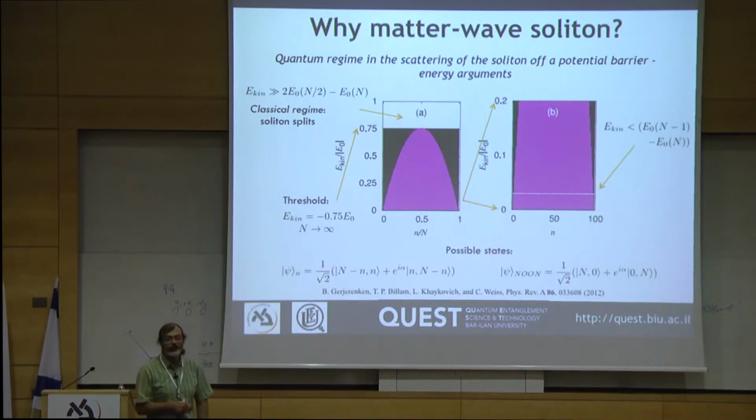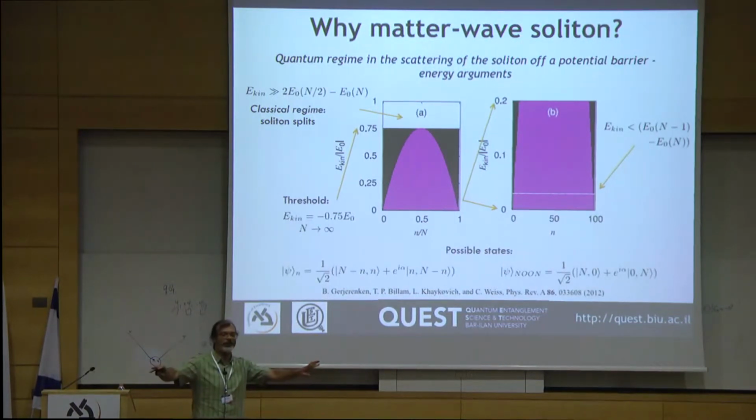What is funny is that even in this regime, you also have non-trivial quantum mechanical states, which people call Schrödinger-cat states, or similar names. But here, for example, you see what this n means. You just split it into particles, but it's either 40% goes here, 60% goes here, or the other way around. So you have a superposition state.